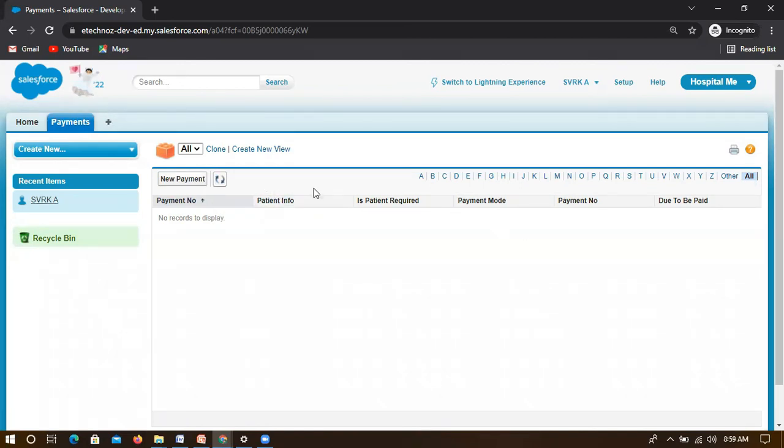Zero records. Why? Because at organization level we have set it as private. Previously it was public, so everyone could access. Even if I create a new user, that user can also access that information, whether I created it today or tomorrow, or maybe one year later. All users within the organization can see it if the OWD is public. But if it is private, no one can access that record. Only the record owner can access it.